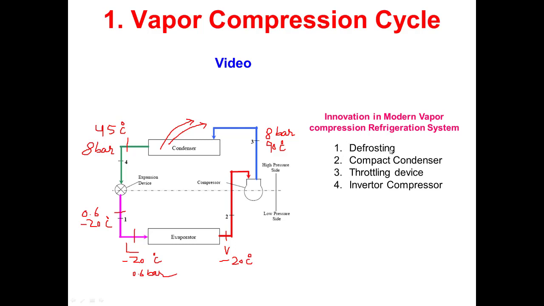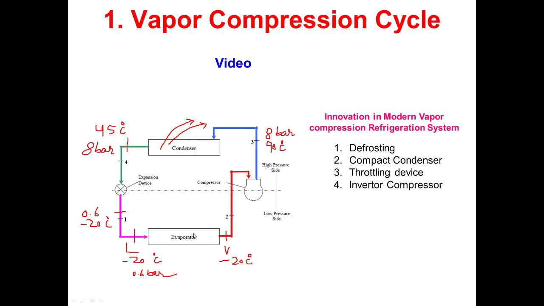The defrosting is carried out with the help of the heat of the condenser. So we use a metallic rod which is placed in front of the condenser. The heat from the condenser is taken by that metallic rod, and that metallic rod moves into the evaporator, right? Because this is a conductor, so that heat taken by that conductor